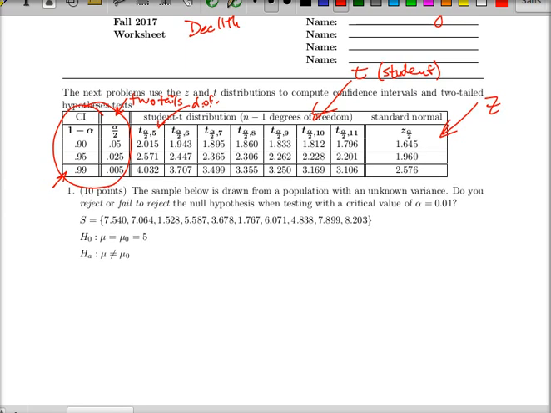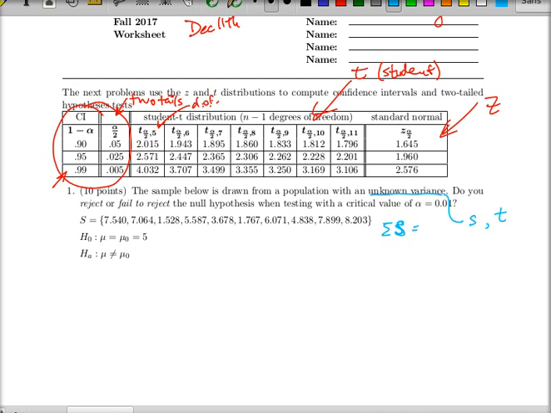Alright, for this first one, we're looking at an unknown variance, and that right away tells us that we want to use S and the t distribution. So let's look at the sum of our samples. This is a big S. Sum of the samples is going to be